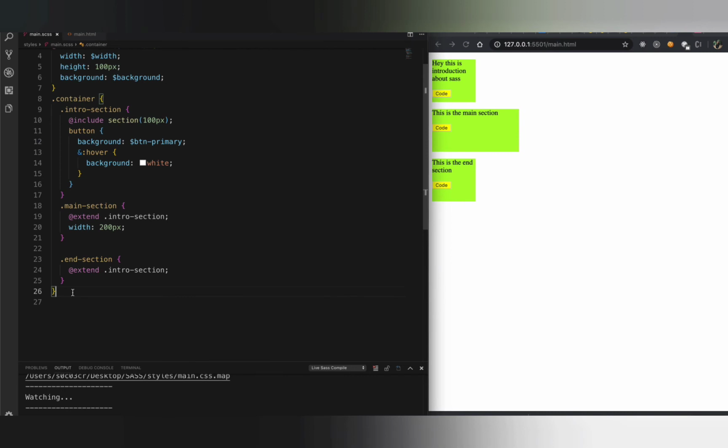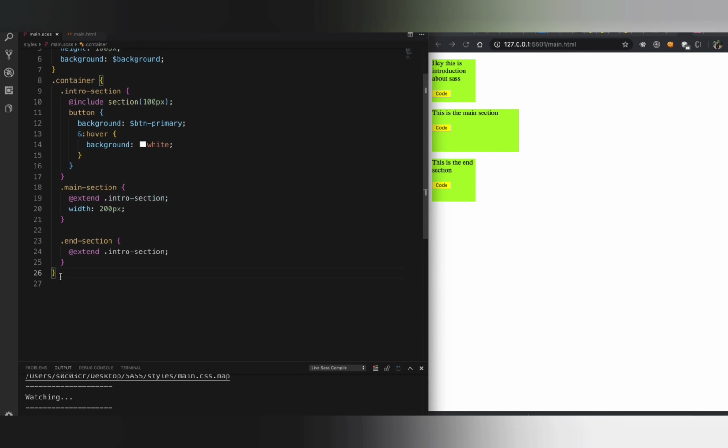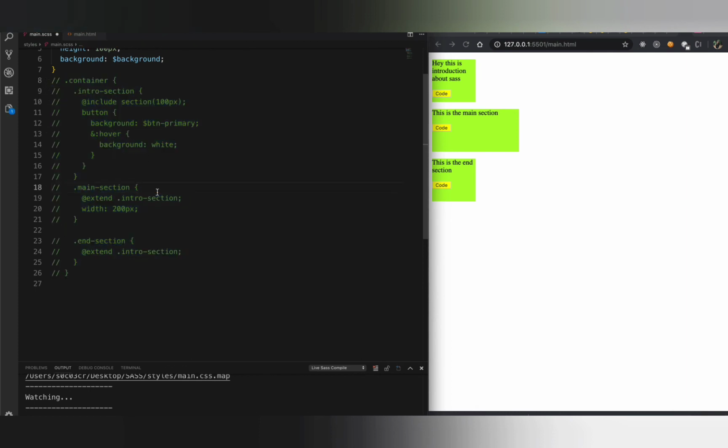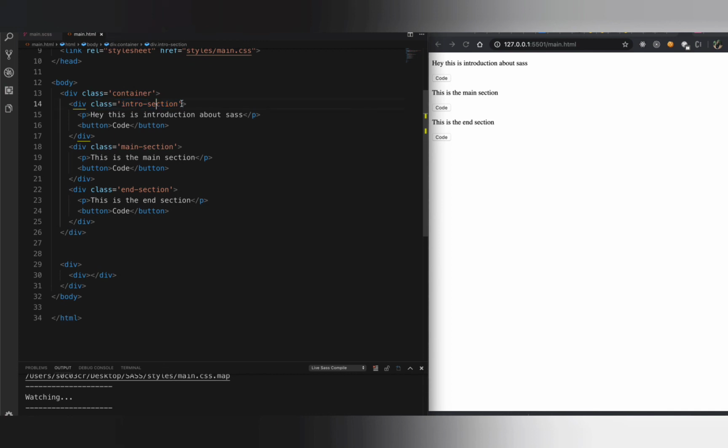So the next thing we want to learn about is how to use for loops and conditional branching in case of SASS, basically if-else conditions. Okay, so in order to understand that, I'm going to comment all the styling that we did so far so that we can do the same styling using for loop and branching conditions. Now this looks like the basic template we had, and inside my main.html I'm going to remove these classes. So we don't have the class anymore to access these divs.